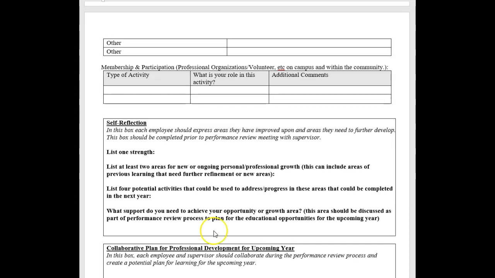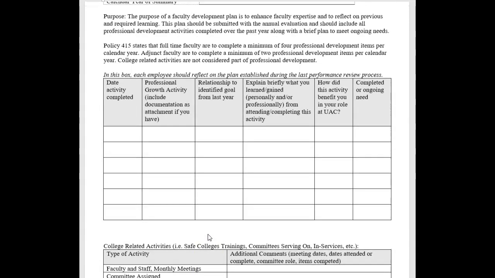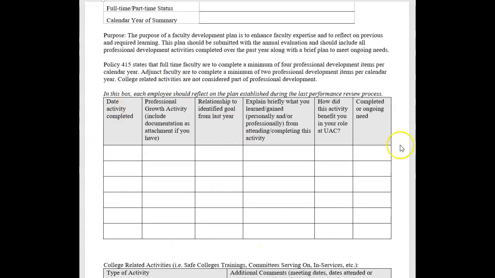I know it gets a little confusing because our professional development activities are per calendar year. So when you submit this to me, this would be for calendar year 2022.